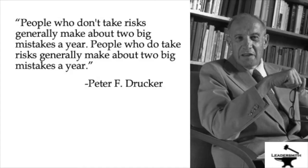And then the second quote is by Peter F. Drucker. And Peter Drucker, if you don't know Peter Drucker, he wrote 39 books on management. Essentially, he was the guy that described how management works in the 20th century. And he said this: people who don't take risks generally make about 2 big mistakes a year. People who do take risks generally make about 2 big mistakes a year. And the moral of that story is take